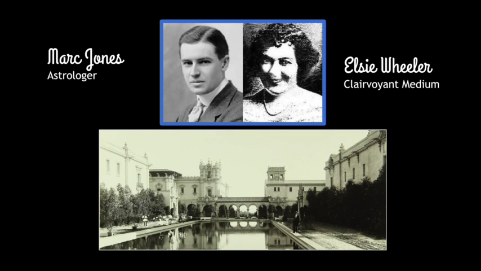Mark felt that what was available regarding the understanding of the particular degrees in astrology was not satisfactory at that time, and he wanted to offer the public something more, a new, more nuanced way of understanding, in simple terms, each degree of the planets and signs. So he approached Elsie because he felt she was extremely gifted in clairvoyance, and he devised a little exercise for them to do together.